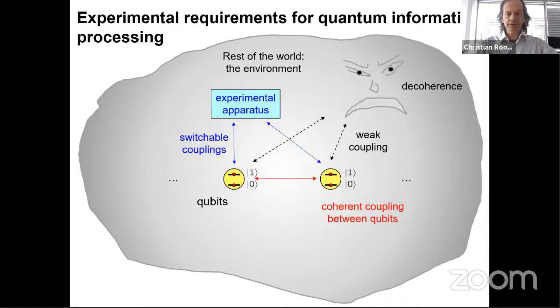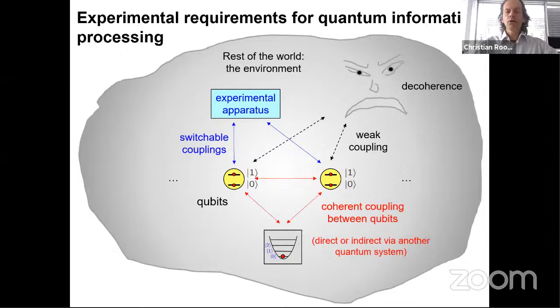And then the question arises, how can we achieve a coherent coupling between the qubits? There are several possibilities. I think Markus Henrich is going to talk about, or has, I'm not sure if he has talked about this already, about using Rydberg interactions that provide a direct coupling between the ions. Or the other possibility is to make use of another quantum system that might mediate in an indirect way the coupling between the ions, or it might be a quantum system to which a particular ion is coupled, and that can be then used